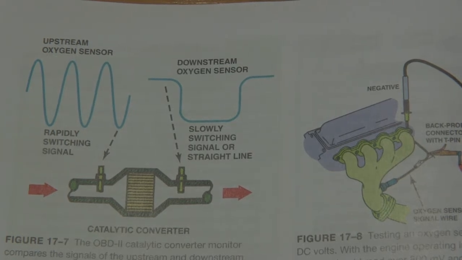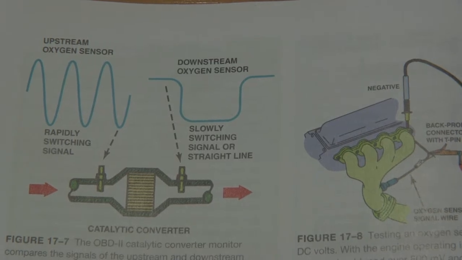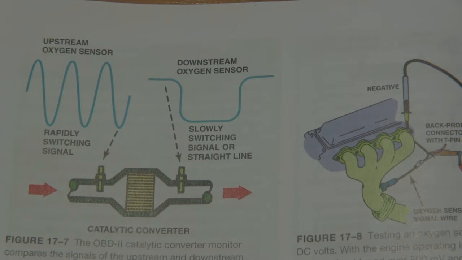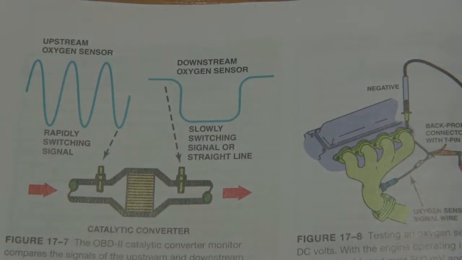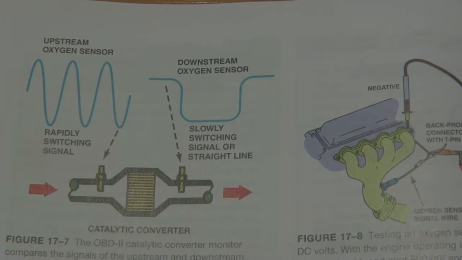So there are cases out there where you have to watch out for, and this is the importance of reading circuit descriptions, component descriptions, because case by case, vehicle by vehicle, manufacturer by manufacturer, they can alter some of this information and how they actually put all these components together. So if an upstream oxygen sensor is supposed to be switching back and forth, what should a downstream oxygen sensor look like? For diagnostic purposes, let's say hypothetically we have a vehicle in the shop with a P0420 code, typical